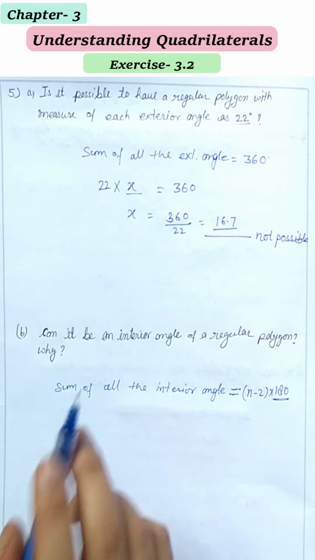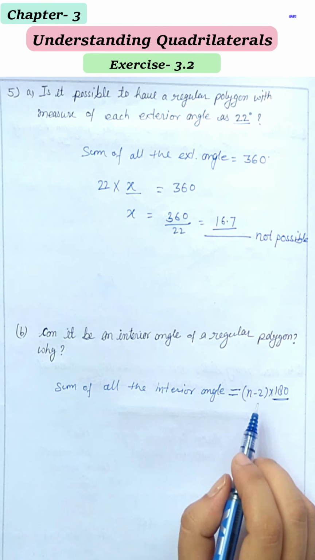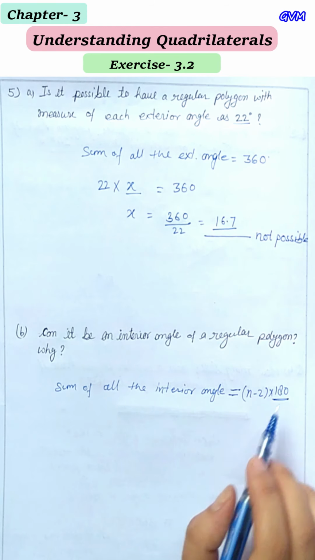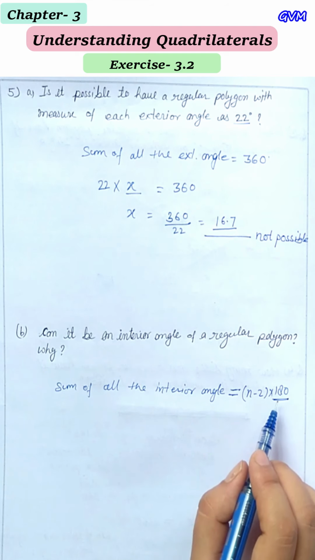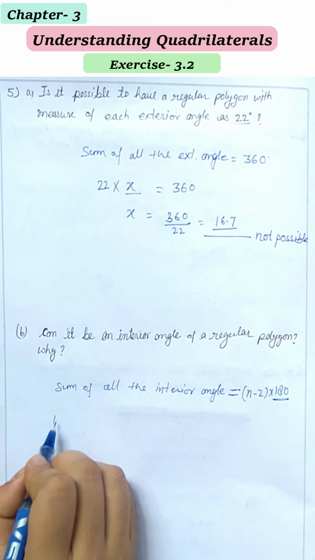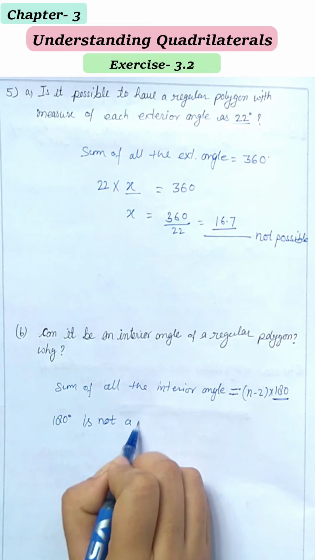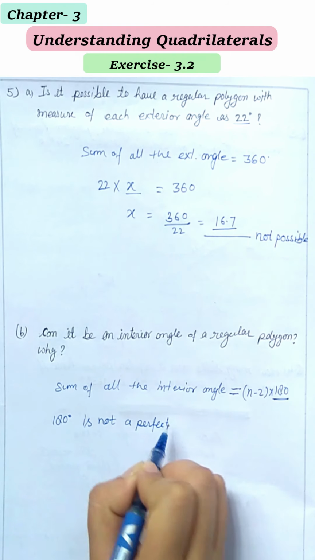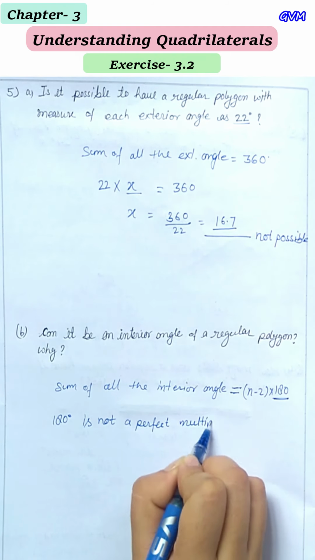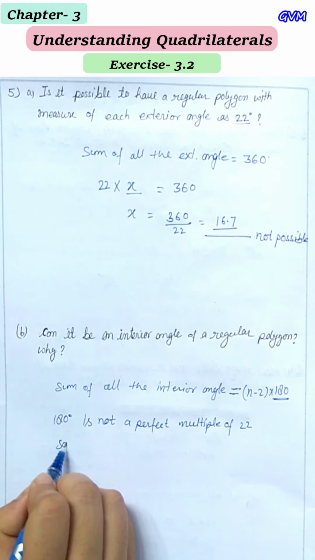That means 22 must divide 180, or we can say that 180 must be a perfect multiple of 22. But 180 degrees is not a perfect multiple of 22. So the regular